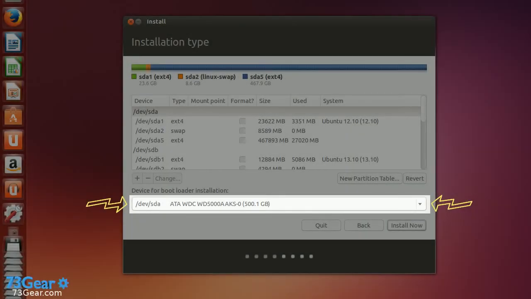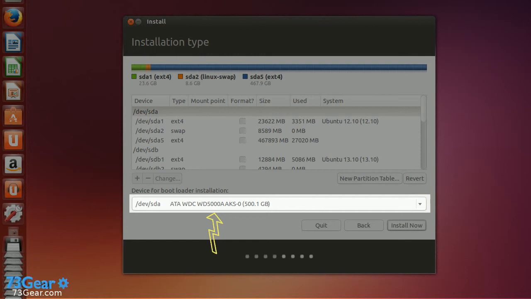Here's a handy tip to help identify our disk drives when altering our partitions. At the bottom of the installer we have an area for selecting the drive where the bootstrap is installed. This provides us additional information about each disk drive in the computer. At the left is the device name. Here we see /dev/sda, which is the first drive in the computer. In the middle we see the manufacturer, in this case WDC or Western Digital Corporation. We also see the model